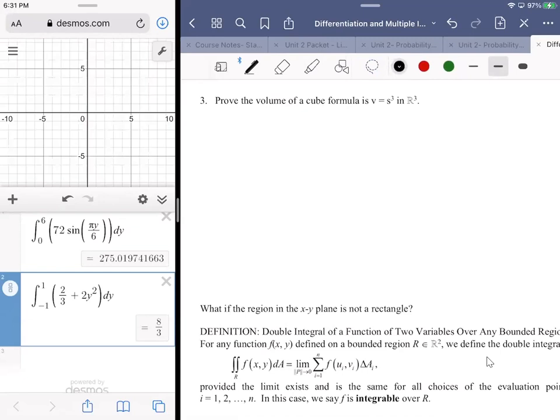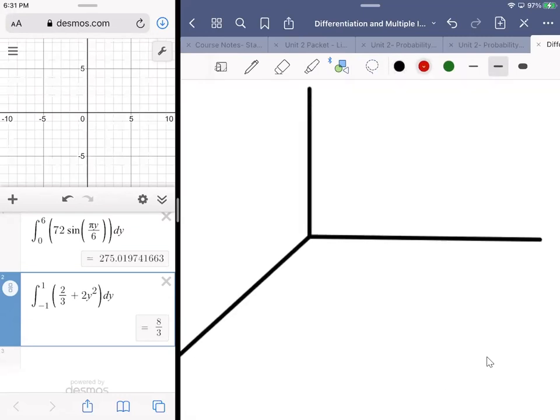So let me get just a nice visual going on here. So let me just draw a cube. We're going out, let's say 1 unit, but I'm not going to call it 1. I'm going to call it S. Okay, so S units in each direction. Now we know that length times width times height gives us the volume, and S times S times S would be S cubed, but it's not a proof, not in the sense that we haven't used multiple integrals here. Right? So what I'm going to do is copy paste,